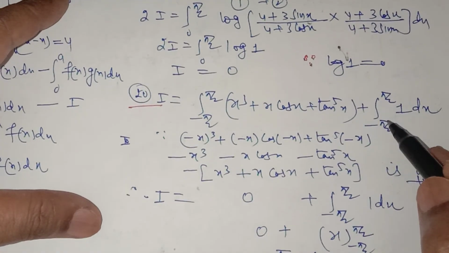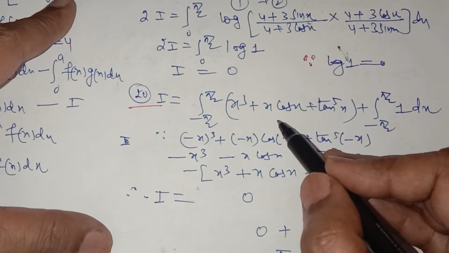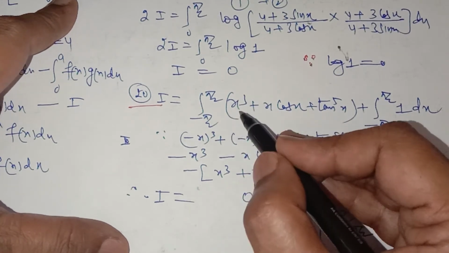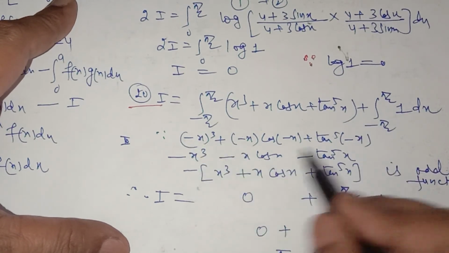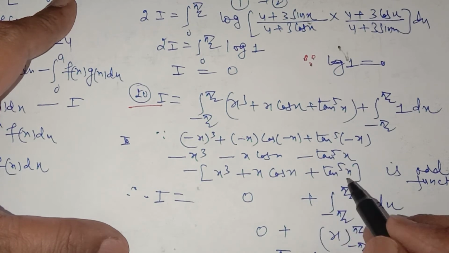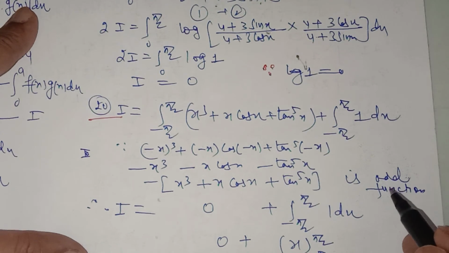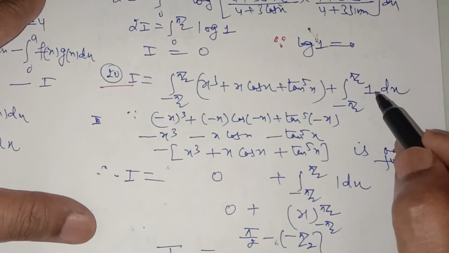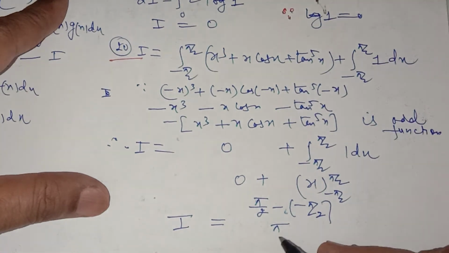When we have the integral limit from minus a to a, then see whether it is an odd or even function. When it is an odd function, it is very good because its integral is 0. Now see this very carefully, it is an odd function because in place of x, if you replace minus x, you are getting minus x cube minus x cos x minus x to the power 5x. Therefore it is an odd function. If f(minus x) is equal to minus f(x), it is an odd function, so the integral will be 0. And you can integrate easily the 1, which is equal to x, and upper limit minus lower limit, it comes out to be pi.